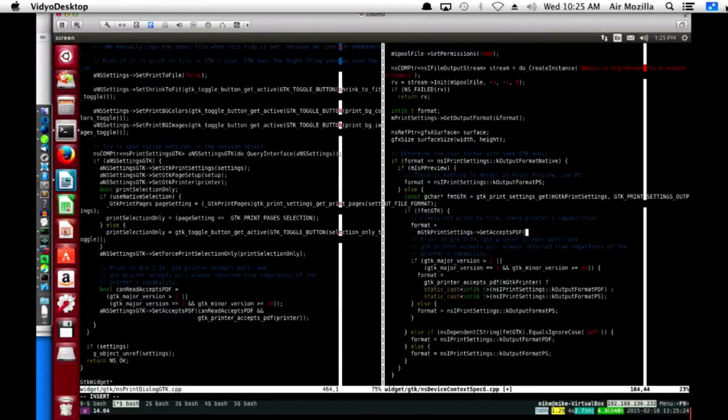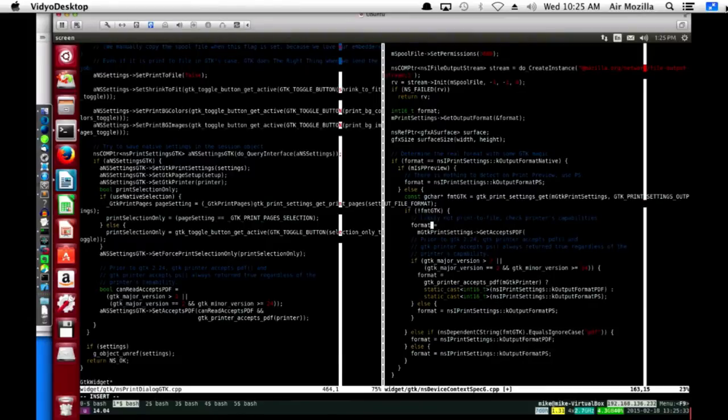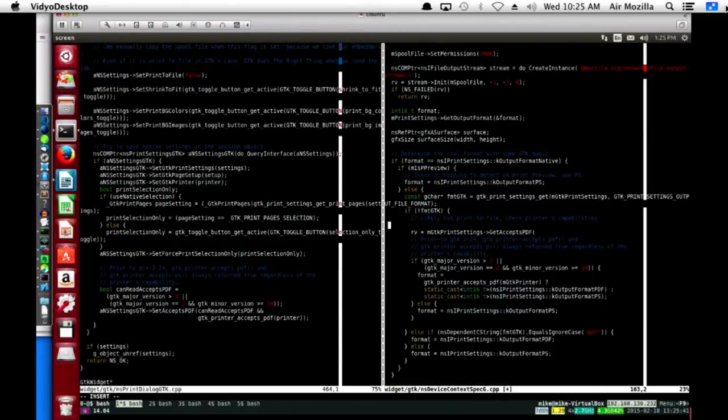Oh yeah, I'm going to need an intermediary. Shoot, I have to do this return value dance. Okay. Accepts PDF, and then we have to hand it bool.